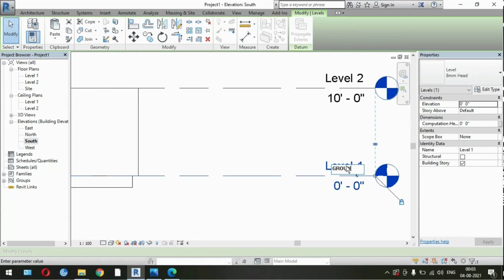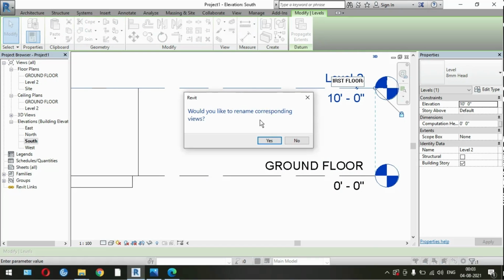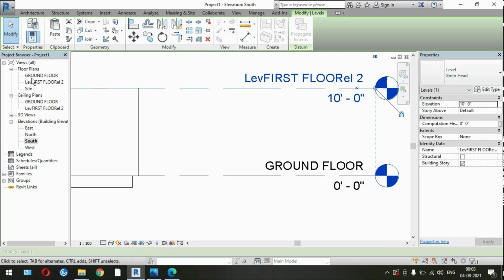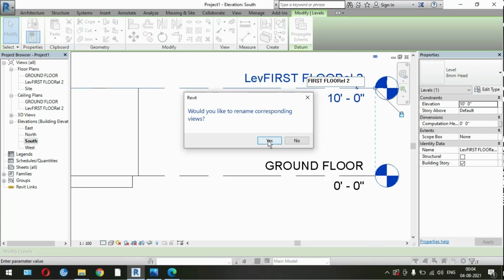Yes. Go in first floor. Would you like to rename the corresponding view? Say yes, and easily that will be available here. Ground floor and first floor is easily available here. Now I need to just